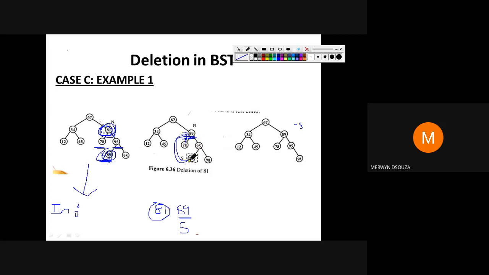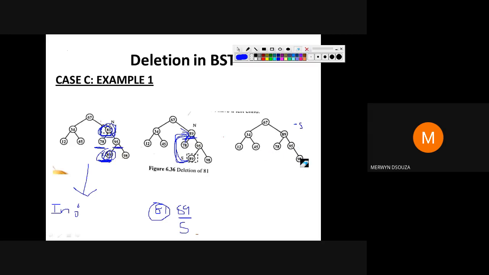Once I've copied, in the next step, I remove the successor from the tree. I delete this successor. There was a successor that was present here, connected as a left child of 95. So I delete this part. And this is the deletion of 81.